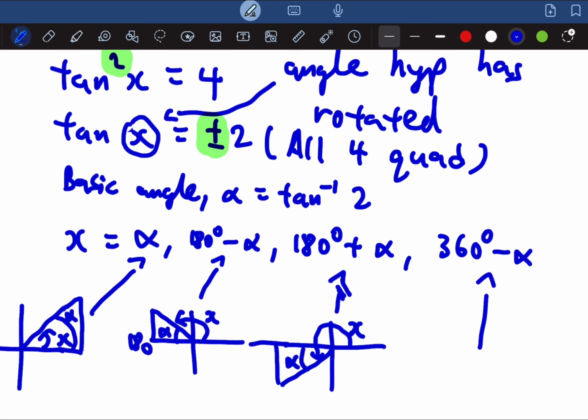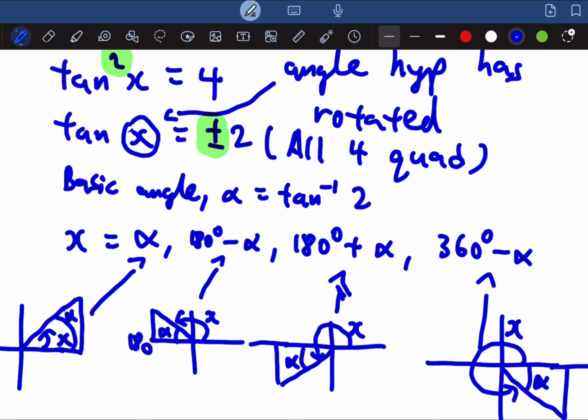Moving to the last one is 360 minus alpha. Why? Because over here our hypotenuse is in the fourth quadrant. This is my x. Here is my alpha, the basic angle. So 360 minus alpha. Why? Because it is 360. So with all this, the answer here will be